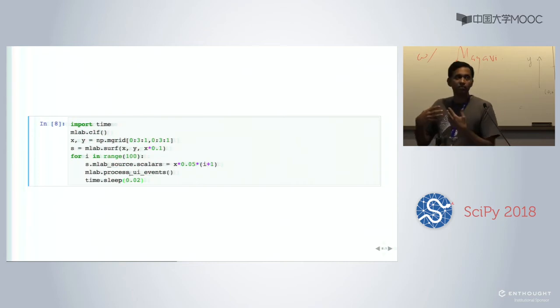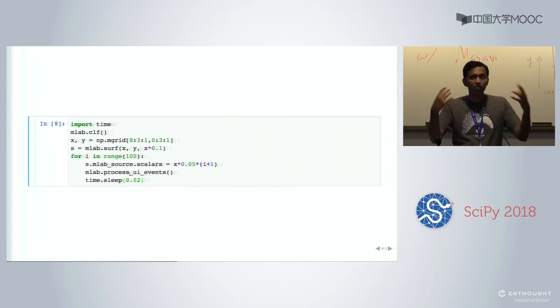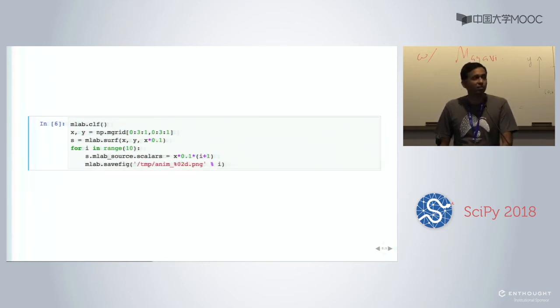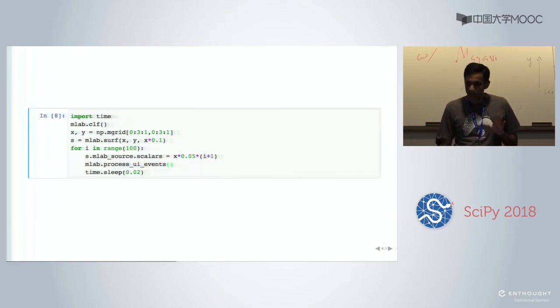And it'll look prettier. So if you want to just make a visualization and you want it to appear as if it's a visualization, just stick in this one line saying mlab.process_ui_events, it'll look better. But if you didn't care about how it looks, you just wanted those set of images, this is perfectly fine. Is that clear? So you can animate the data, it just may not look, you may not get the correct result. So just keep that in mind.